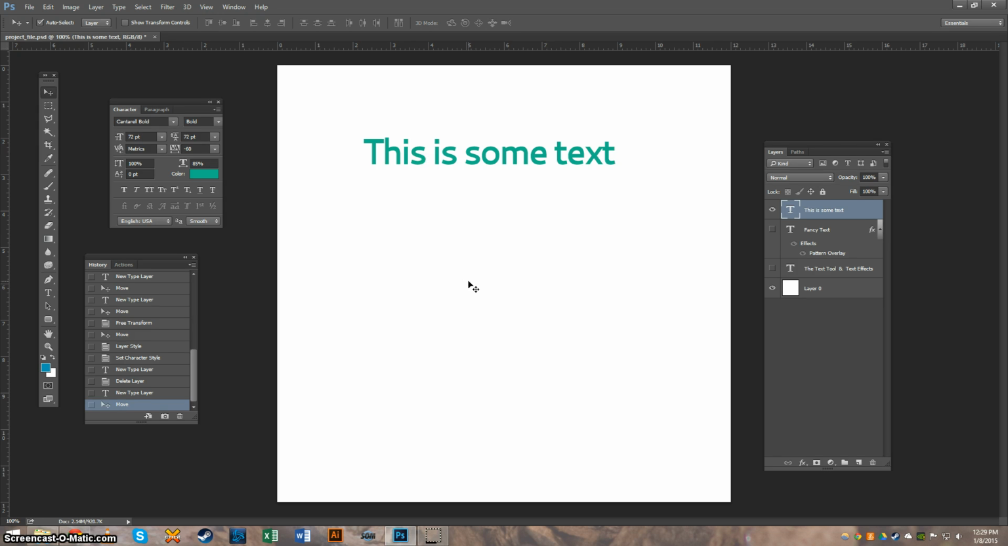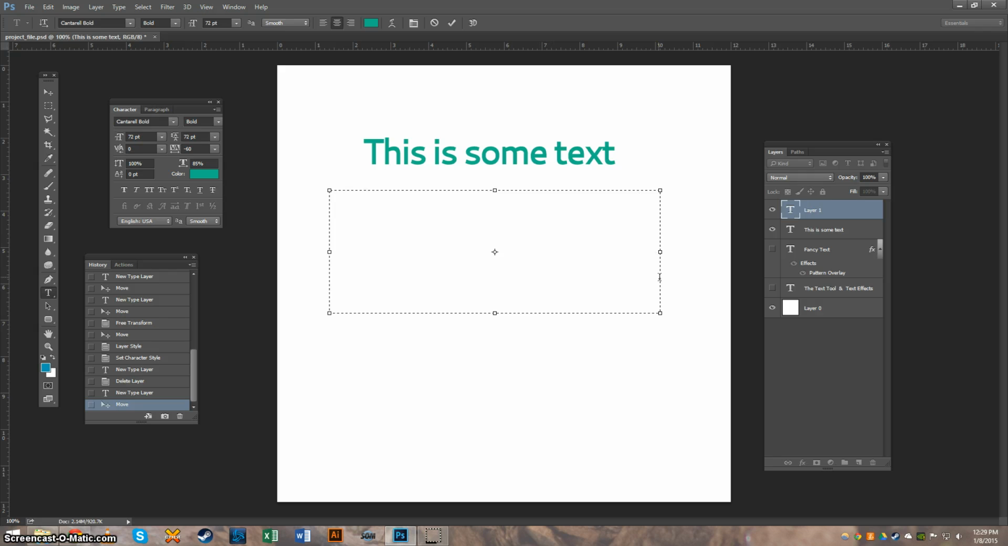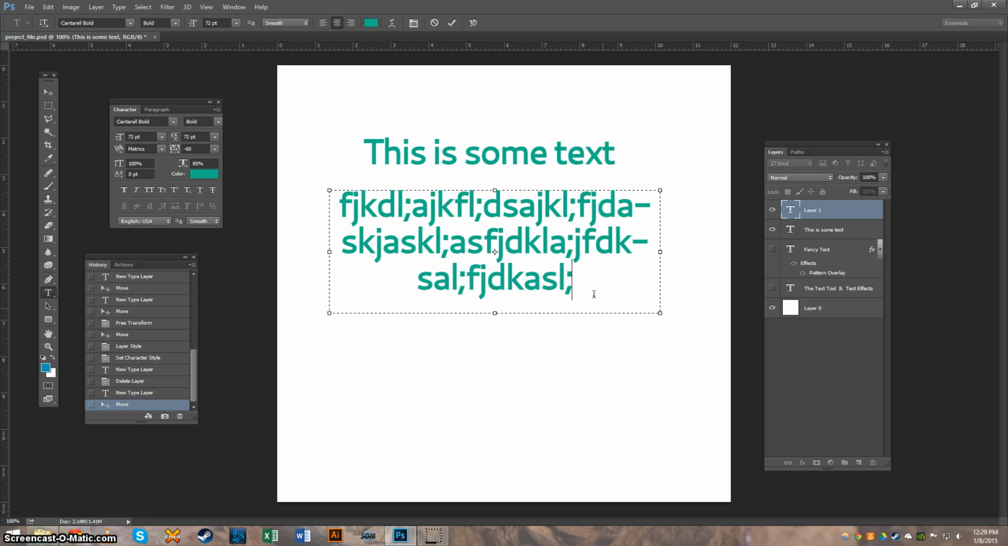Okay, and that is how you make text. Another way that you can do it to constrain your text to a certain area so it doesn't run off the edge of the page like mine did is you select your text tool and you click and drag around the area that you want to make text in. And it'll form this bounding box and your text won't go outside of it. So I'm just going to type some gibberish and you'll see what I mean. Ta-da! It's constrained by this box. And that's really handy